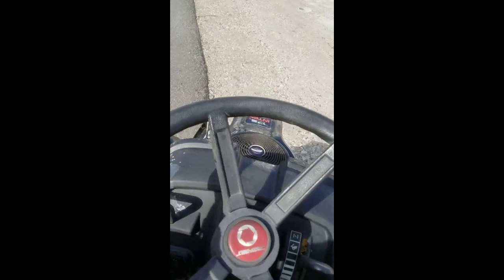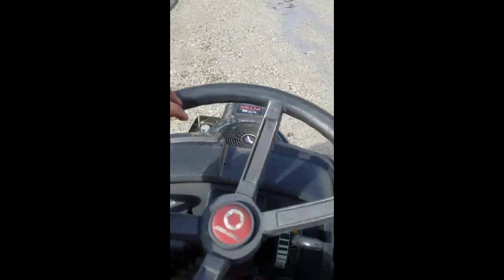She goes! The Troy-Bilt runs! Runs pretty good too. Had to clean the muffler and stuff out, but